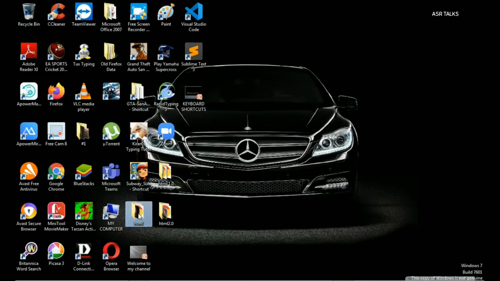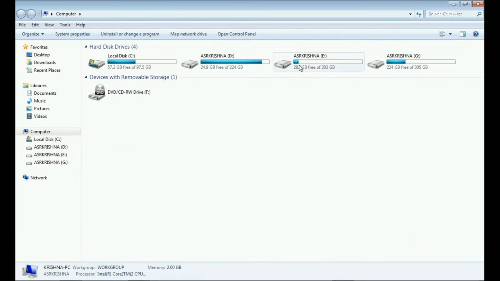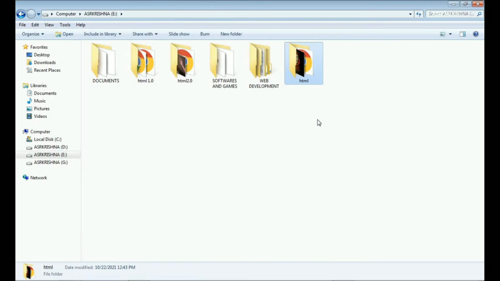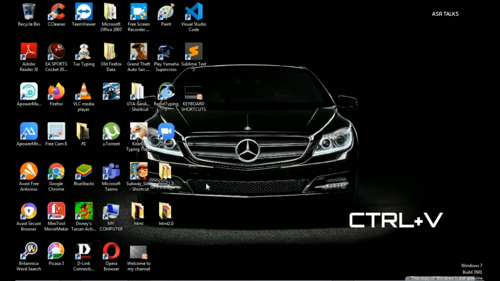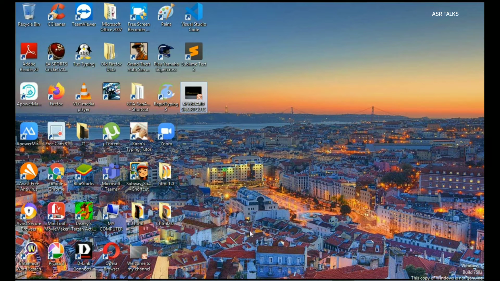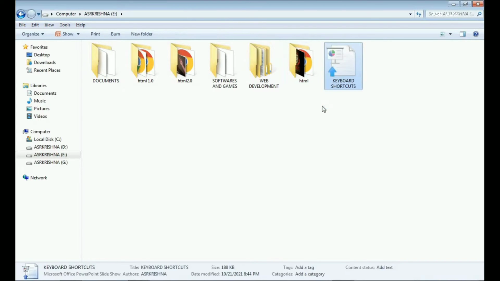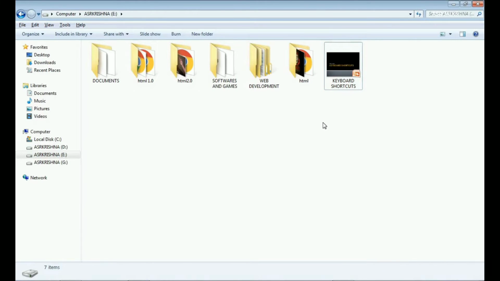To paste the selected item, in the previous clip we used the classical method with the mouse, like copying the item and selecting our destination folder and then doing right click and selecting the paste, and the item will get pasted here. But instead of doing this all, you can simply use the Ctrl+V shortcut to paste the item. Here I am using Ctrl+C to copy and opening my destination folder, and then instead of doing right click, I am using Ctrl+V, and you can see the item got pasted here. So this is a simple shortcut.